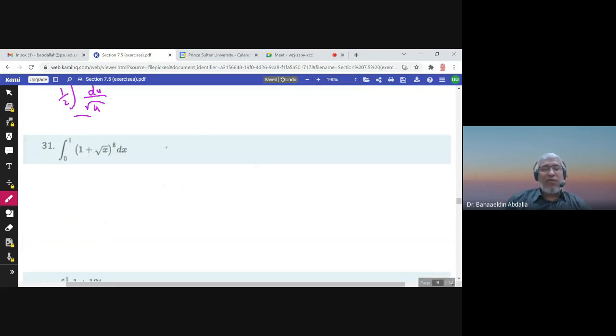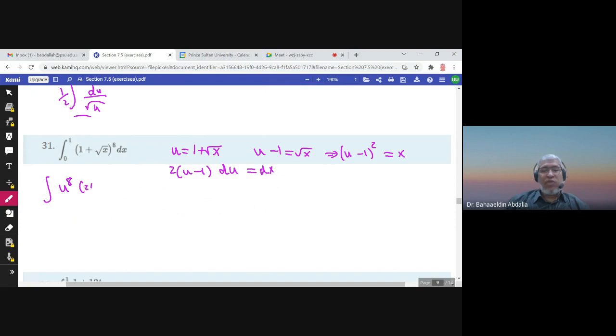Well, here I have to take u equals 1 plus square root of x. All right. If I take u equals 1 plus square root of x, we see what happens. Du would be, but I want to change from u to x. So I need to solve this equation for x first. So u minus 1 would be square root of x, u minus 1 squared would be x, and 2(u minus 1) du is dx. So 1 plus square root of x is u to the power 8, and dx is 2 times (u minus 1) du. So the integral would be 2 times the integral of u to the power 9 minus u to the power 8 du,